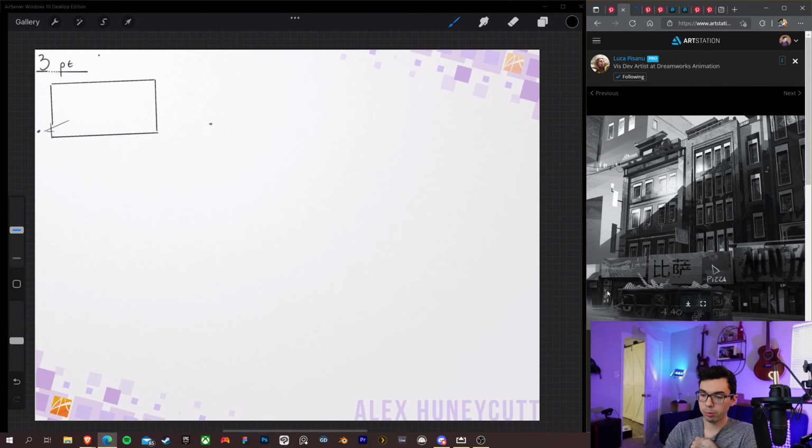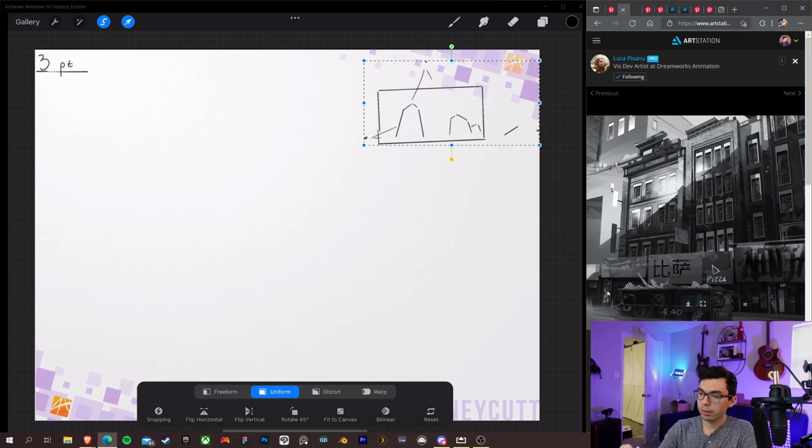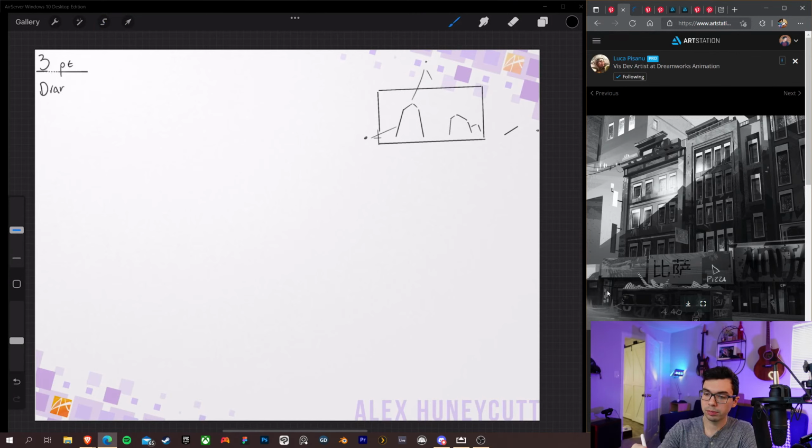You're going to have vanishing points that all lead somewhere, resulting in buildings that could look like this. Now, 3-point is good for drama, verticality, the most natural lens,